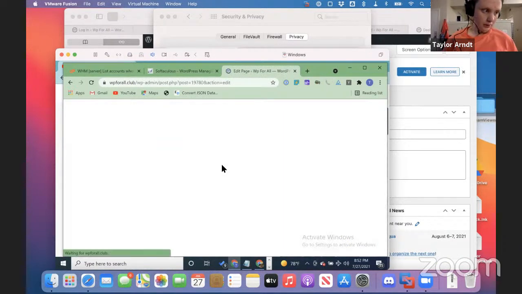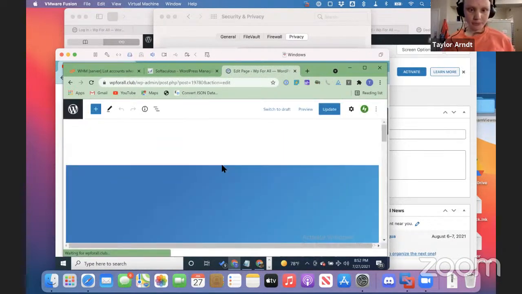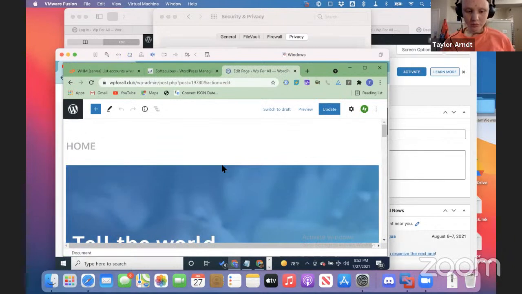Page WP for all WordPress. Okay. Main landmark heading level 1 edit page. Document tools tool button unavailable redo toggle tool menu button collapse sub menu preview. I'm not going to type anything here, but what I am going to do is look for the accessibility checker panel, which is in the form of Update button. Settings toggle button not pressed.